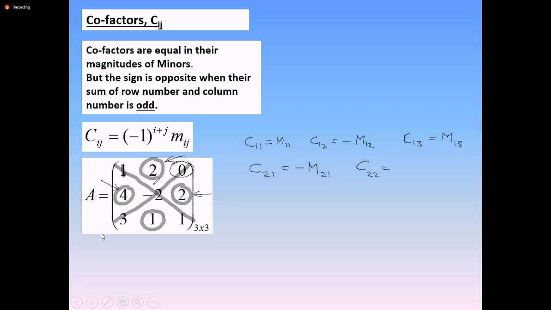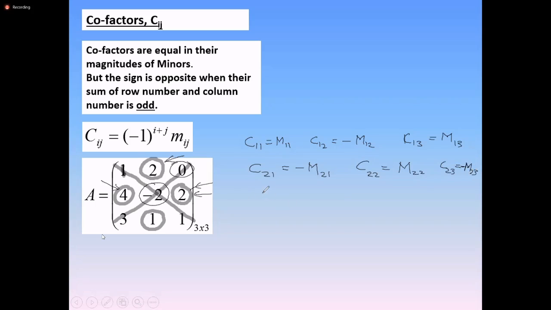C22 means this one, so that is in a diagonal position. එහෙමනම් ඒකේ minor value එක ඒ cofactor එක සමානයි. So it is same as M22, C22 and M22 is equal. C23, that is not belongs to a diagonal, එක විකරණයකට අයිති නෑ. එතකොට ඒක C23 M23 opposite sign දෙන්නේ. So C23 is given by minus of M23.